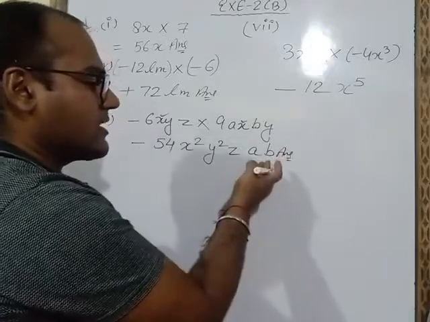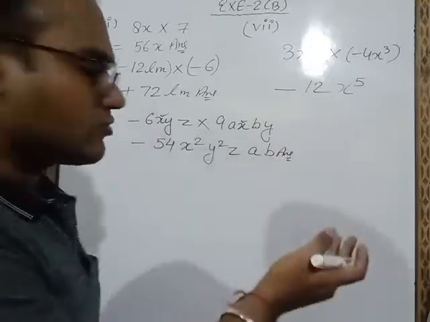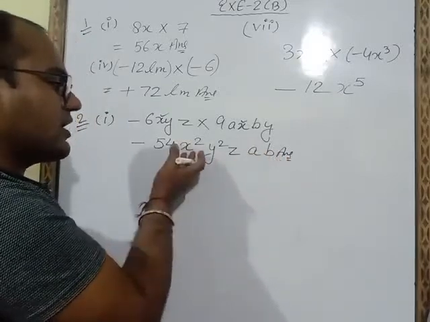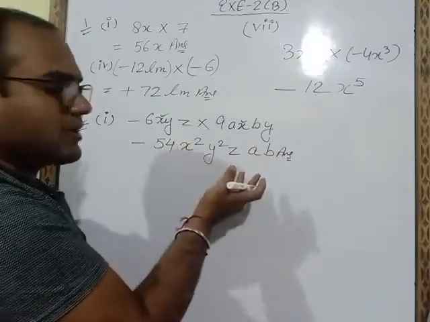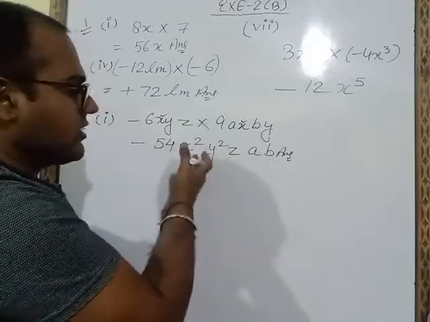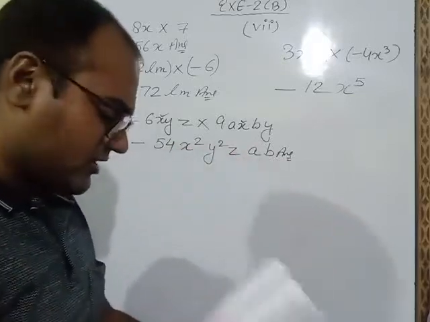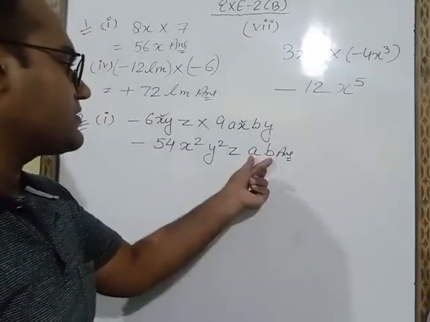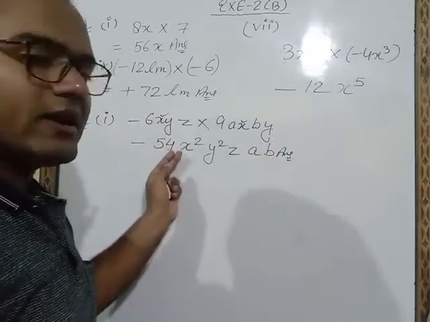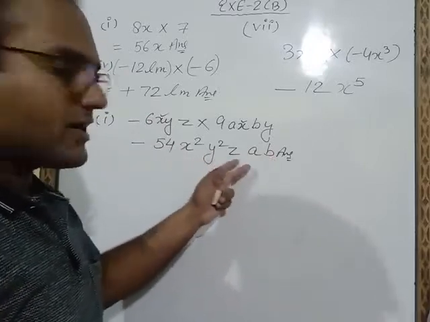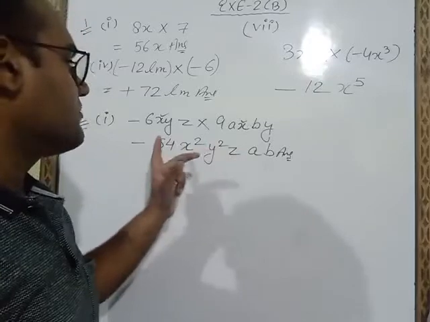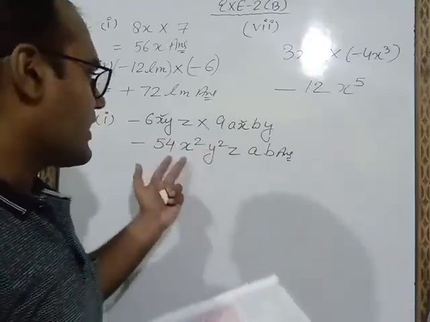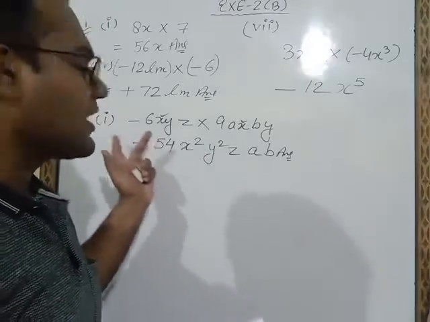These alphabets can change their place also. It is not compulsory to write ab at the end. You can take this ab here also. It is not compulsory that in the answer sheet you will get the same way. In the answer sheet, ab is given first, the a and b alphabets are given in the beginning, but no problem, your answer is correct if you do it like this also, because all the things are coming here which are given in your answer sheet. So like this you can do question number 2 first part.